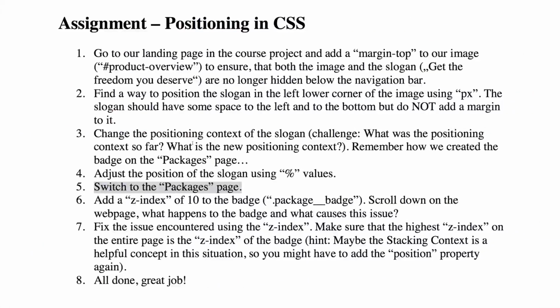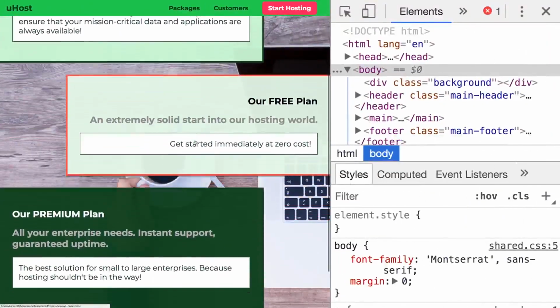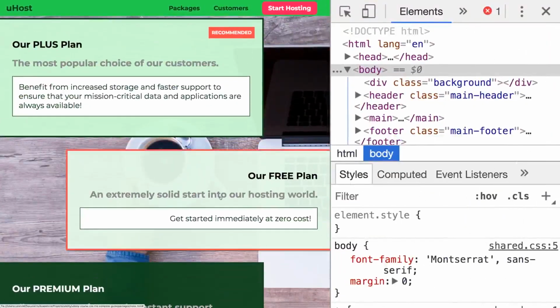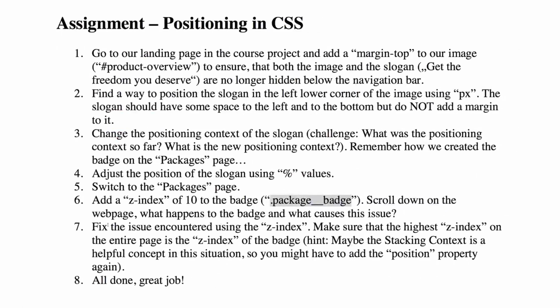Now on this packages page, we have to add a z-index with a value of 10 to our badge. The badge has this class selector right here. If you then scroll down on the page, like I do it right here, you will see a behavior you probably don't want. Because of that, you should think about the reason for this behavior and then go on with task number 7. In task number 7, I want you to fix this encountered issue right here by using the